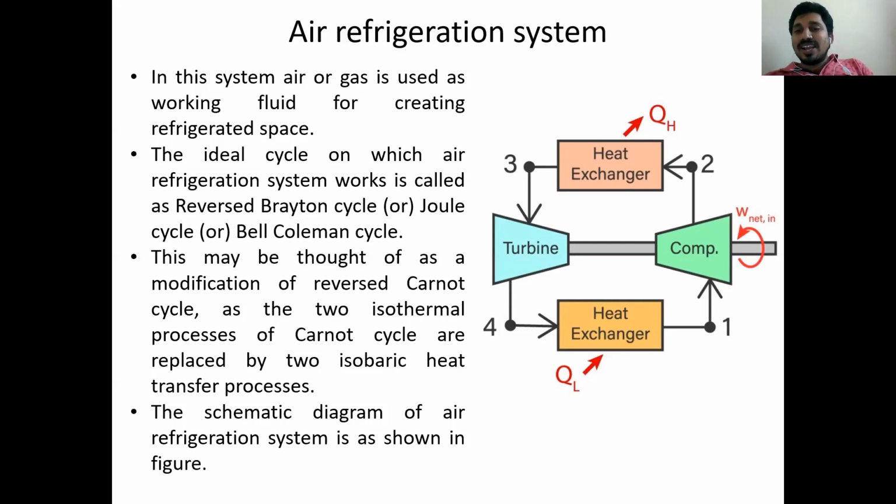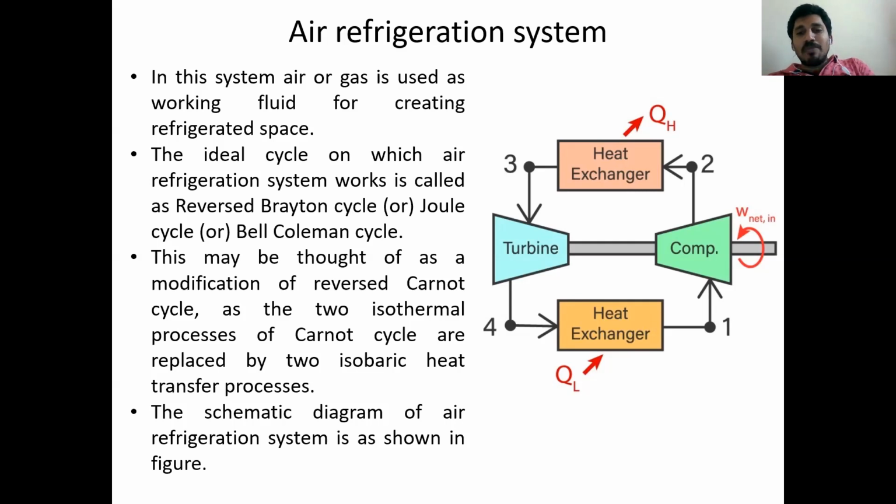So finally, by taking that heat, the air temperature increases. With that increase in temperature, the air will be moved to the compressor again. But one thing you should remember, the 4-1 process should be operated at constant pressure, isobaric heat addition. Heat has to be added from the refrigerated space to the heat exchanger at constant pressure. So these are the 4 operations conducted in the ideal Brayton cycle or air refrigeration system.